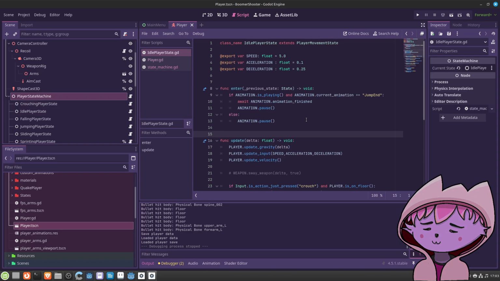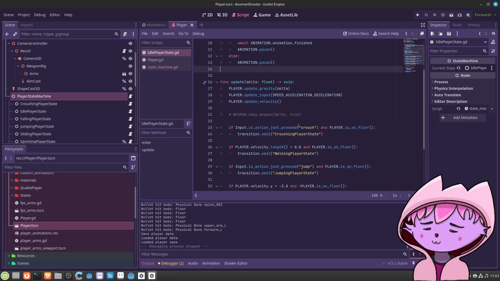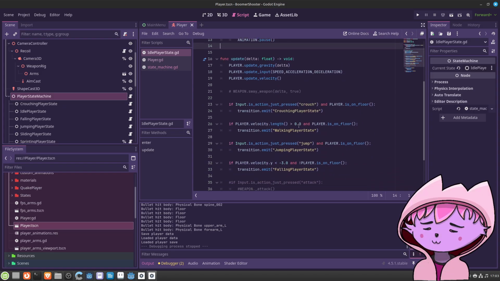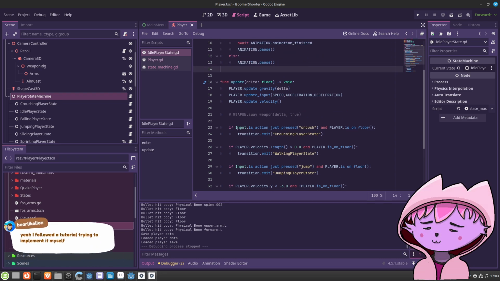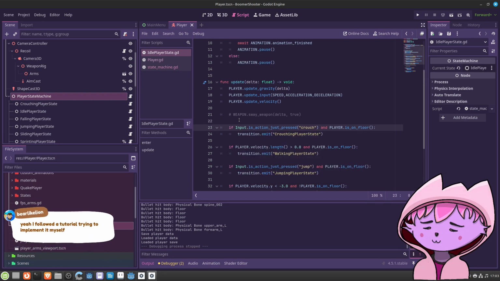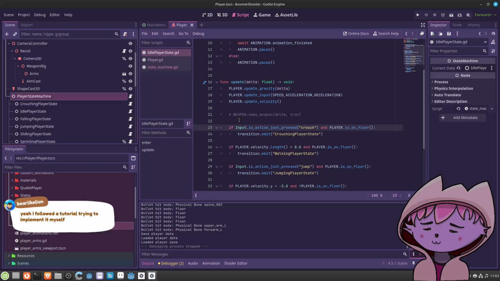It looks kind of similar. Actually, this kind of implementation is probably something I would take or make use of in the new project. Okay, and you have also made the input handling inside the state machine.